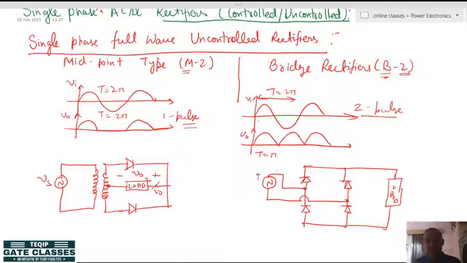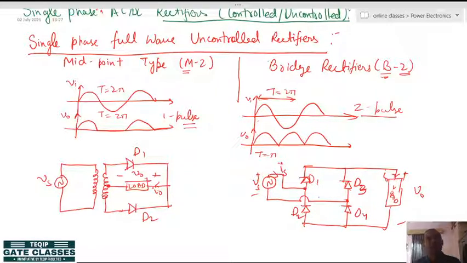So, this is, let us say here it is D1 and D2, here it is D3 and D4. So, you can see that here, and this is the load voltage reference and load current reference. Similarly, source voltage reference and source current reference. So, you can see the difference between these two, that for a bridge connection you do not require a transformer at all, right. But the main disadvantage with bridge rectifiers is that since we know that the two power semiconductor